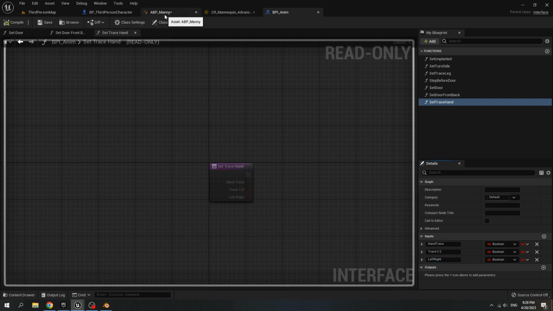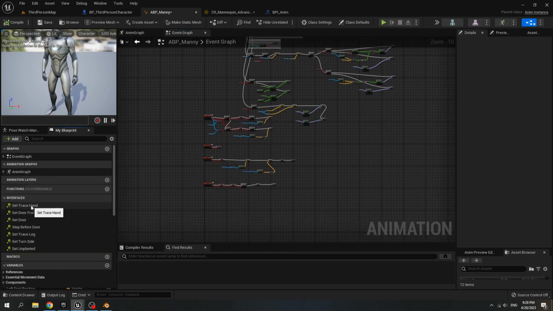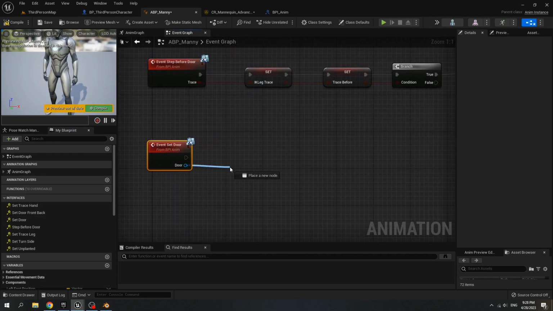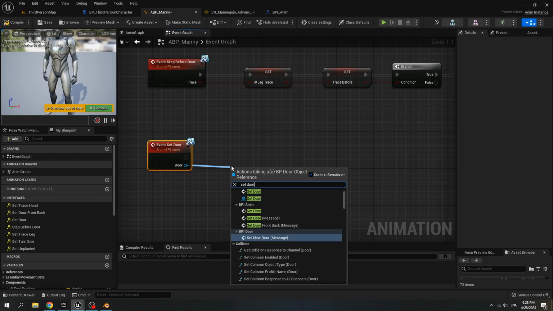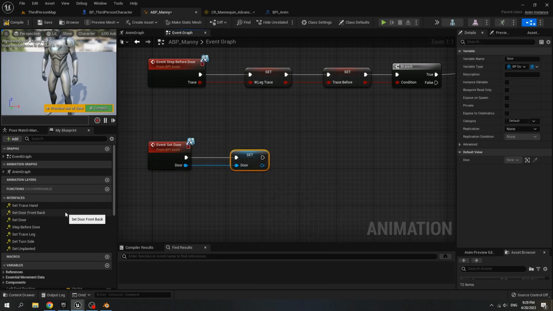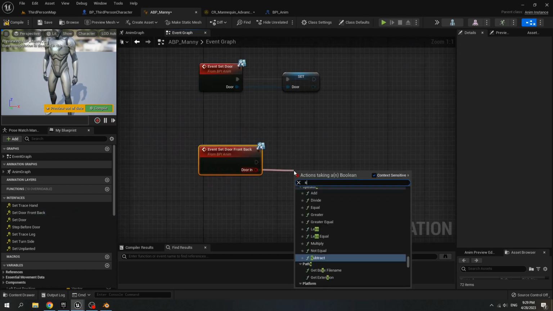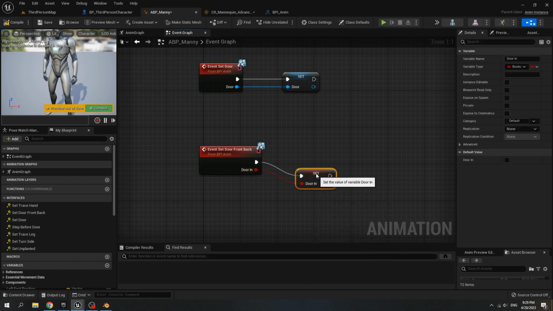and go to ABP menu, find our interface, double click on set door event. We set it to our door variable. Double click on set door front back and we set it to door in variable.